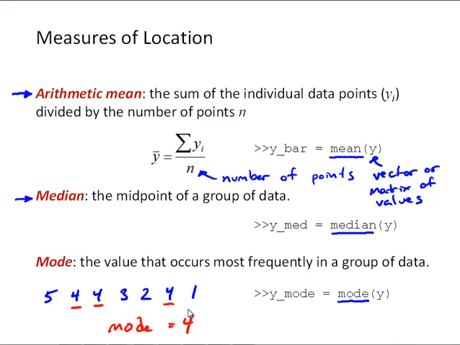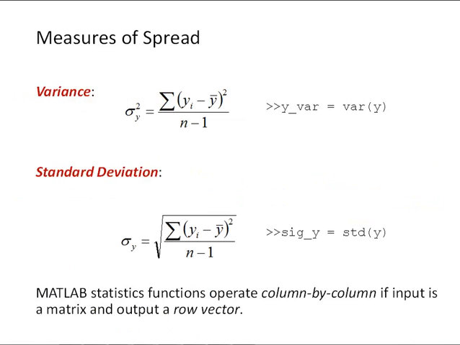So we are interested in the central tendency or the location of data. Once we know that, usually the average of the data is what we're most interested in. We would like to know how that data is spread about the average. And some measures of spread that are commonly used are the variance, where the variance is the sum of these residuals squared. And one note here,